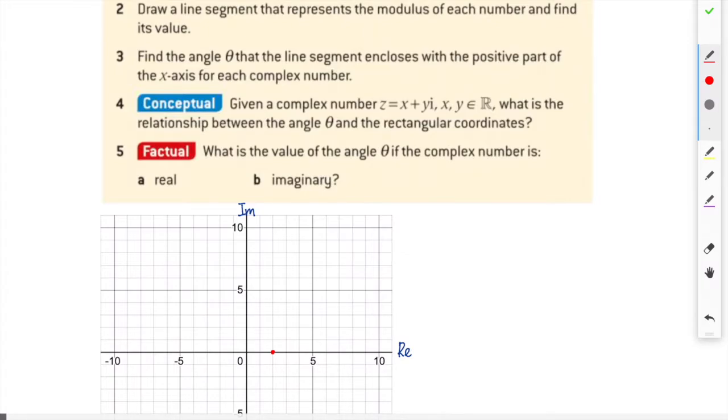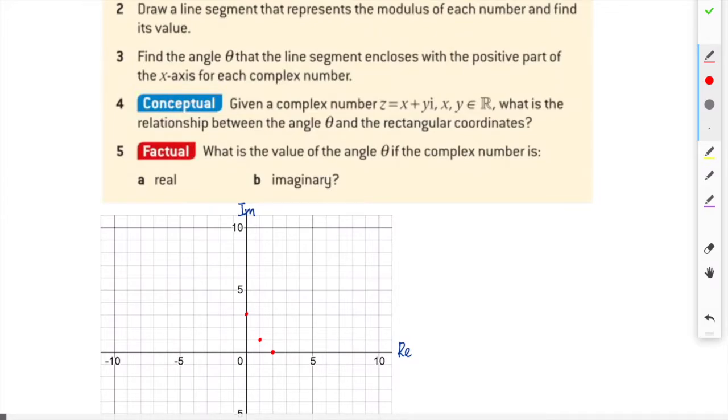So let's do another one, 1 plus i. The real part is 1, the imaginary part is 1i, so that's why it's at this particular point here. So 3i, in other words, would be right on the imaginary axis. So you continue to plot all these other complex numbers on the Argand plane, and then after you're done,